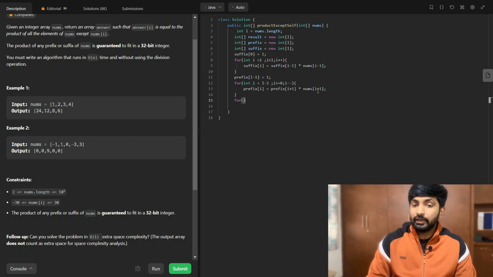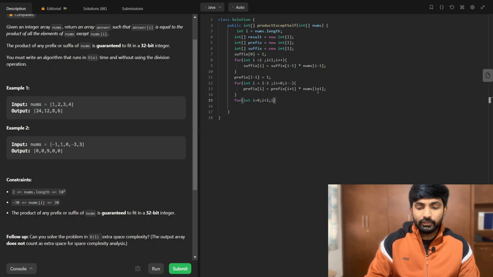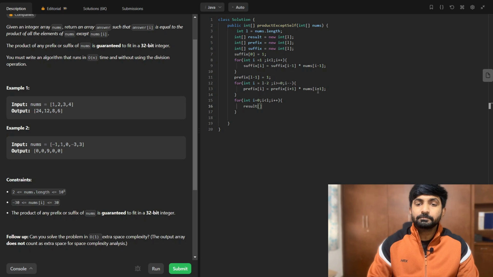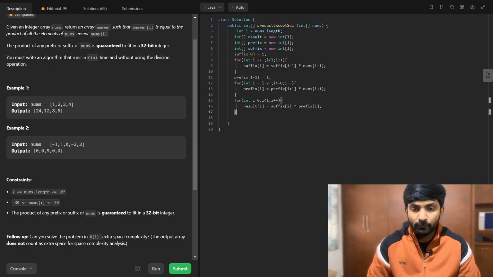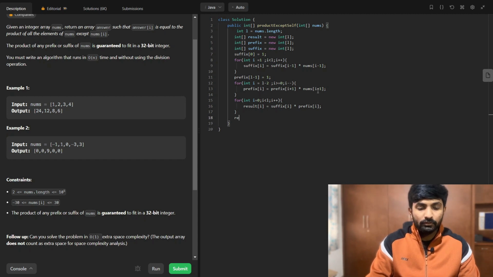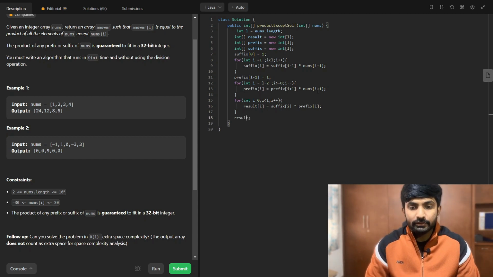Now we have to iterate one more time, right? From i equal to 0, we have to iterate till i less than L, and we have to increment i plus plus, and our result i is nothing but suffix i into prefix i, right? And we have to return the result,